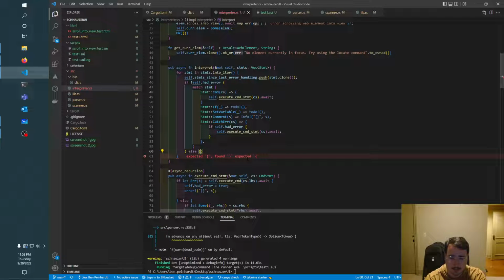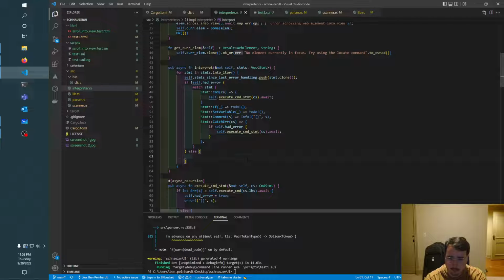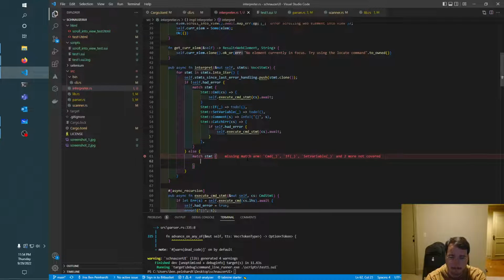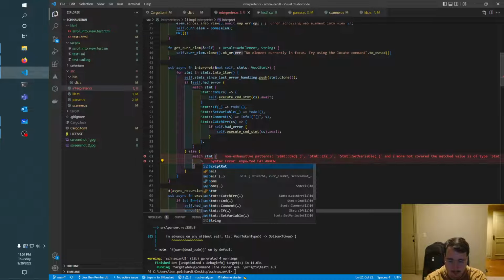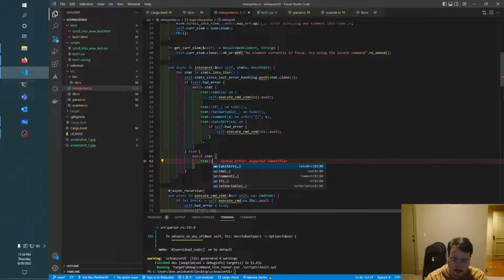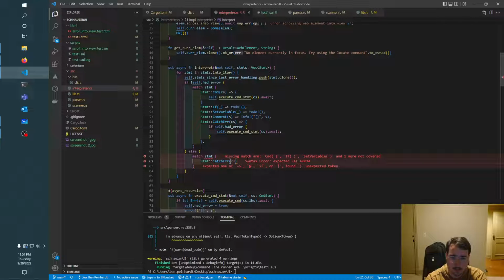Else, we want to match on statement, and if it's a statement catch error with that command statement inside,